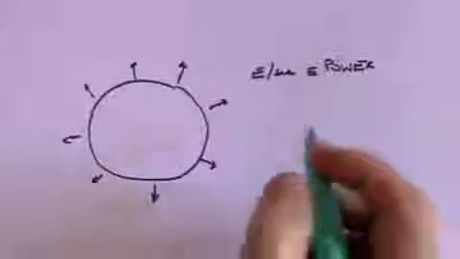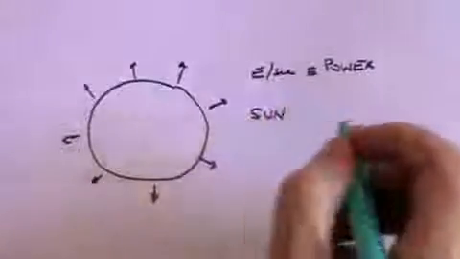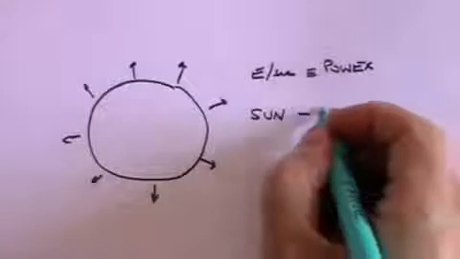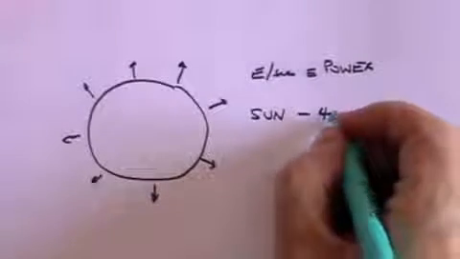And just to give you some idea, the Sun, our own Sun, has a luminosity of 4 times 10 to the 23